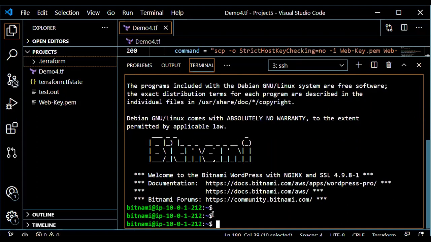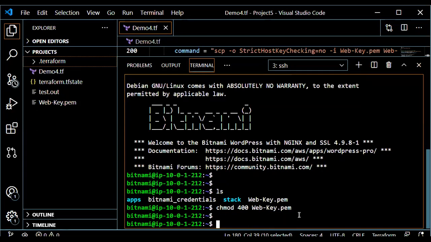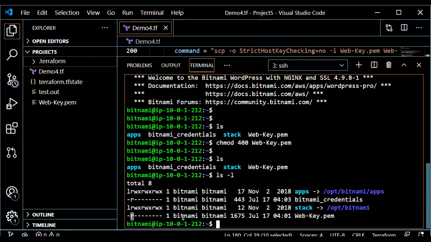So now I'm connected to my web server instance. I should see the key here. My key is present here. Let me change the mode of the web key. Now I can see it is read only.